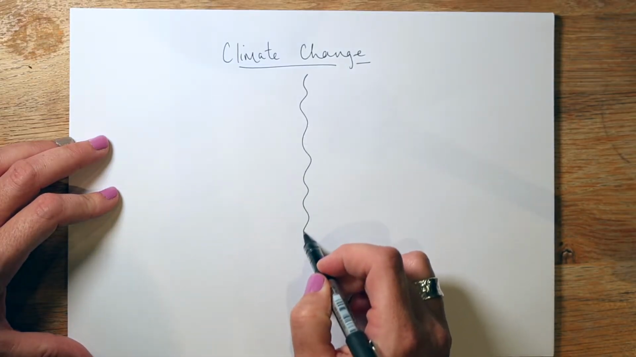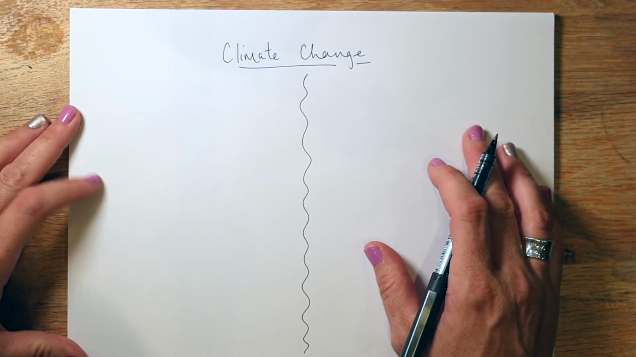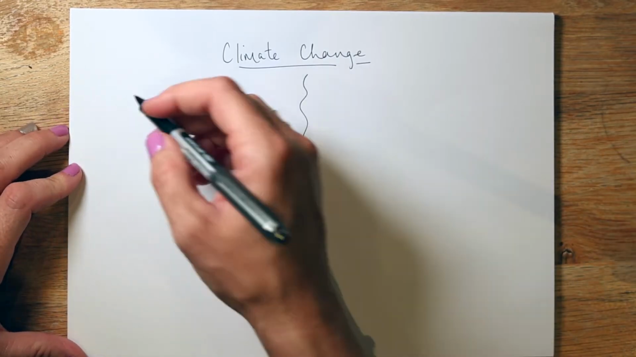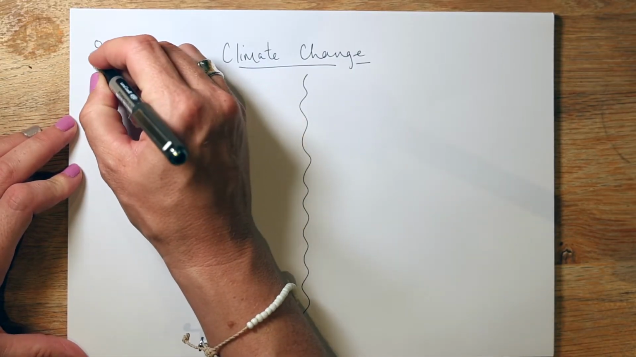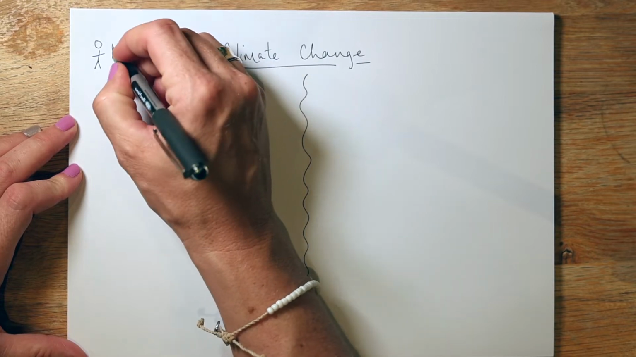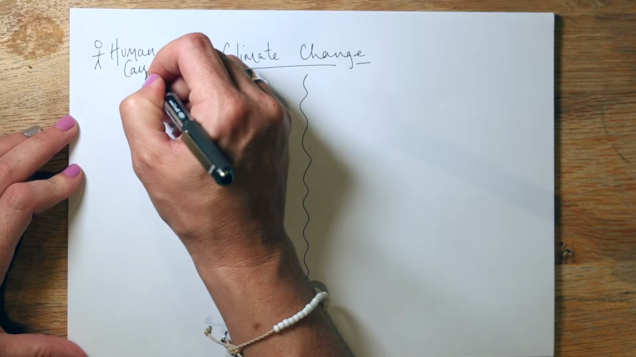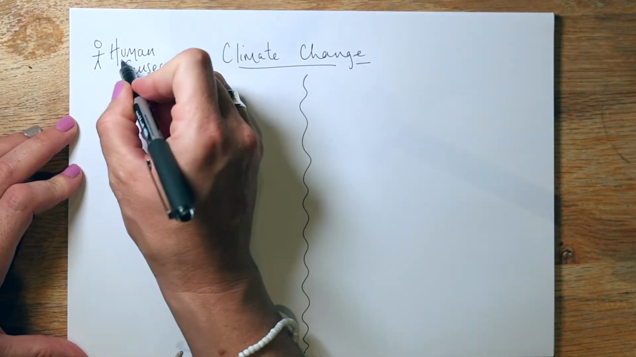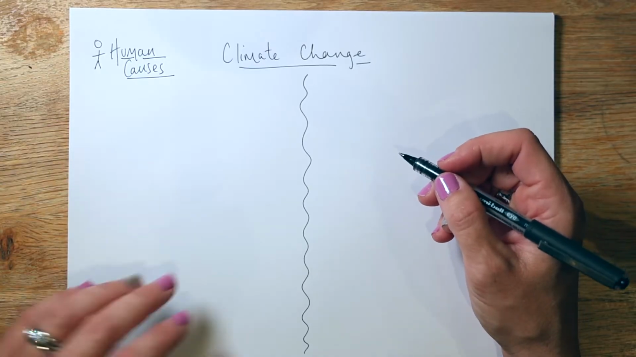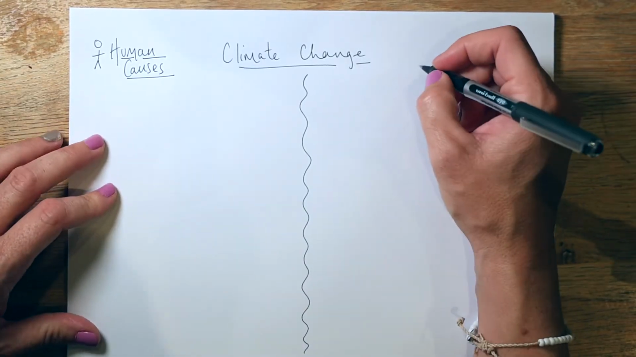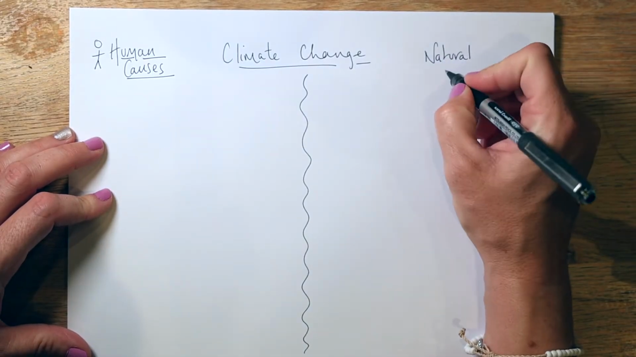So you can draw a wavy line if you're doing this in your book or on your sheet of paper. And on this side, over here, I'm going to draw a stick man or stick woman, our human causes. So these are basically things that human beings have done to accelerate the greenhouse effect, or what we call the enhanced greenhouse effect. And then over on this side, we are going to have our more natural causes, because